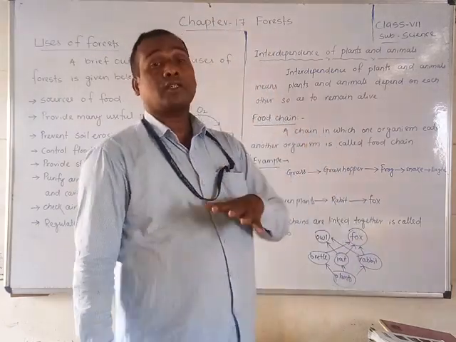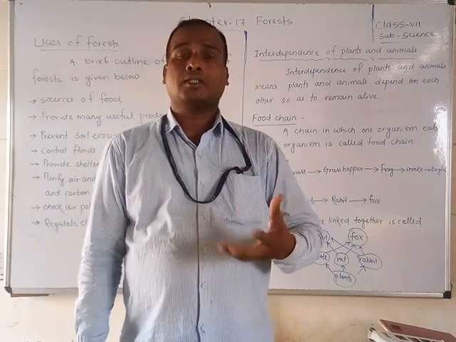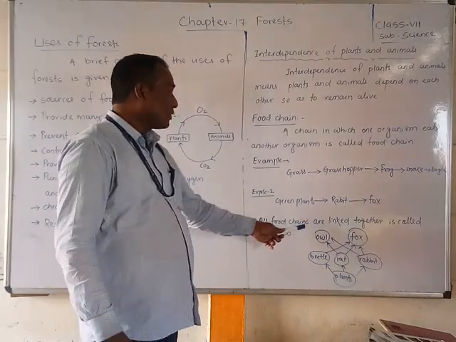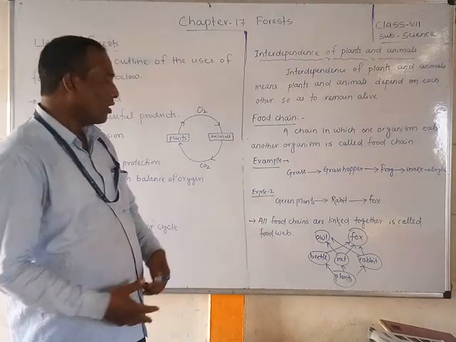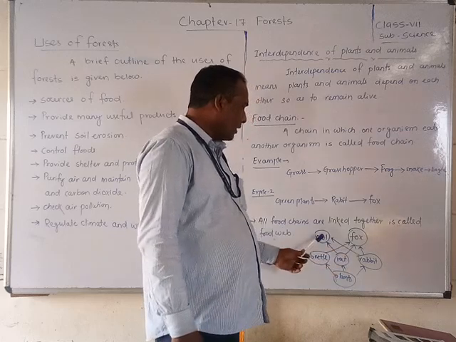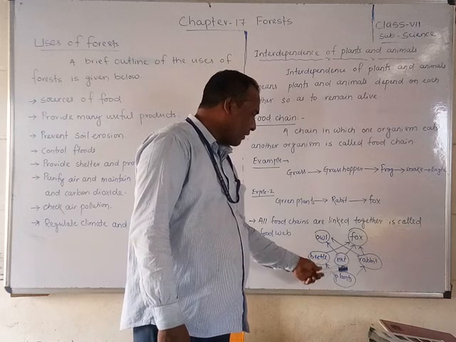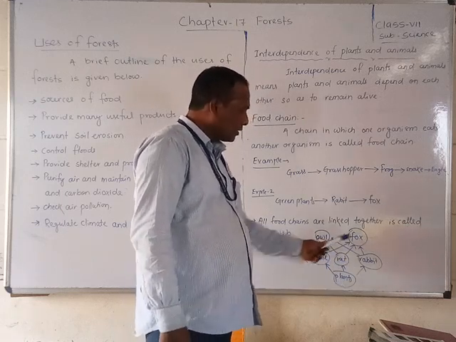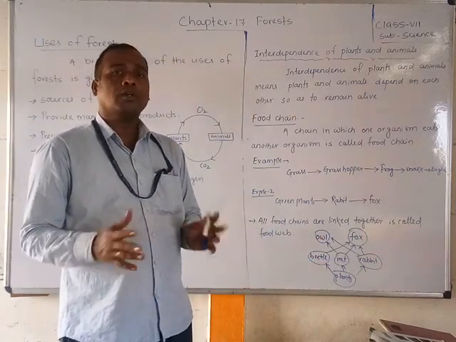There are different numbers of food chains in ecosystems. All food chains linked together are called a food web. You can see a zigzag interlock. The plants are eaten by the rabbit, the rabbit by the fox, and the owl also eats the rabbit. Likewise, the rat eats the plants, and the fox also eats the rat. They are interlocked with each other for food. That's why it is called a food web.